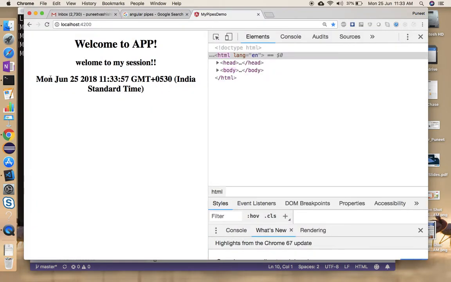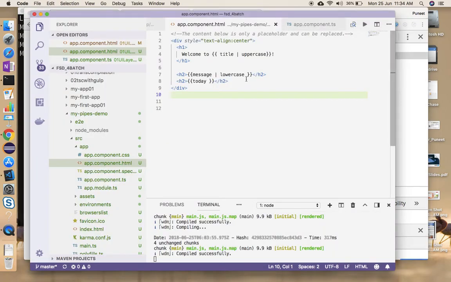So it displays me a kind of long date, GMT 5:30 Indian Standard Time. It's not what I really want possibly. I just wanted to display a short date. And like I said, you can use a pipe. It's for formatting the output that's already available on the view. And how do I do that? So I can just use the pipe symbol